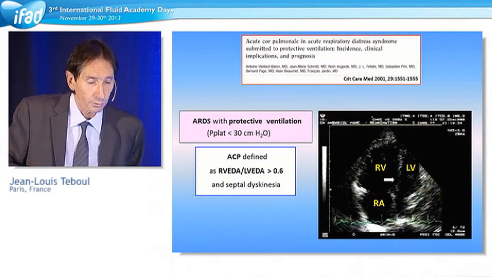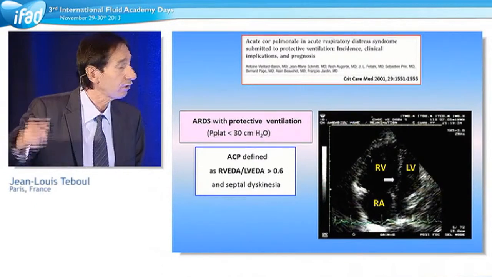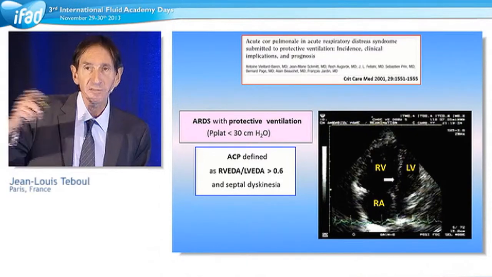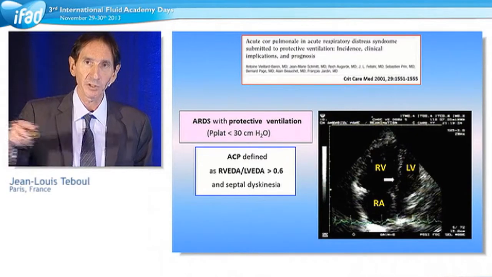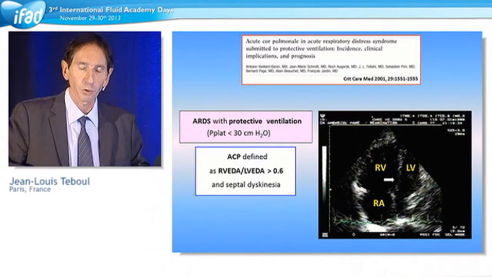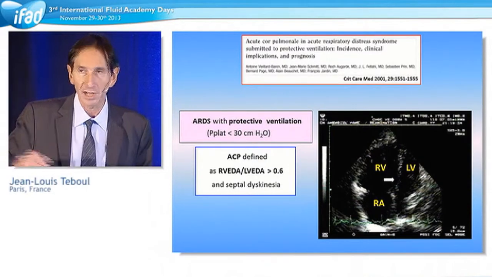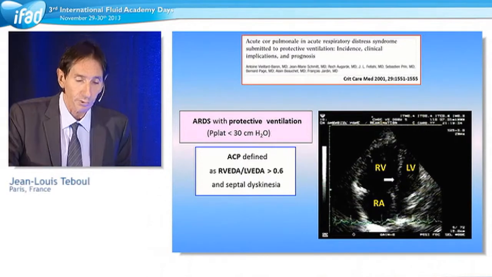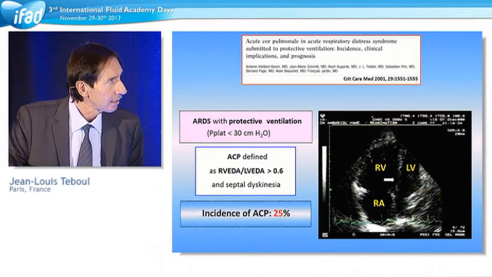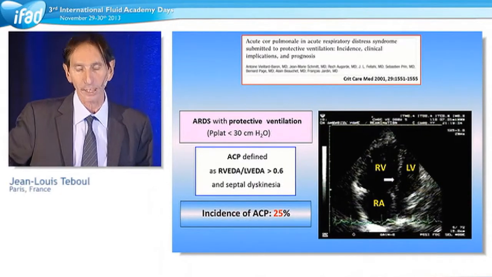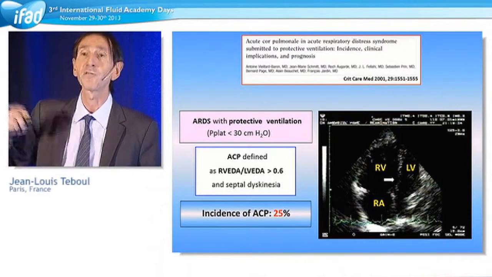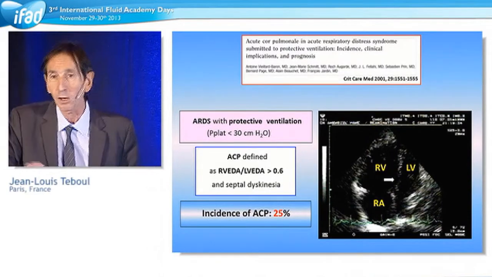And this was also demonstrated by the study by Antoine Vieillard-Baron using echocardiography, and he defined ACP, which is acute cor pulmonale, by an increase in the ratio of the right ventricle end-diastolic area over the left ventricle end-diastolic area above 0.6, and associated with septal dyskinesia. And he found that the incidence of acute cor pulmonale in ARDS patients, despite a protective ventilation, is about 25%,